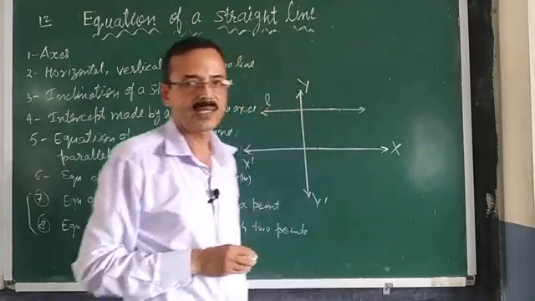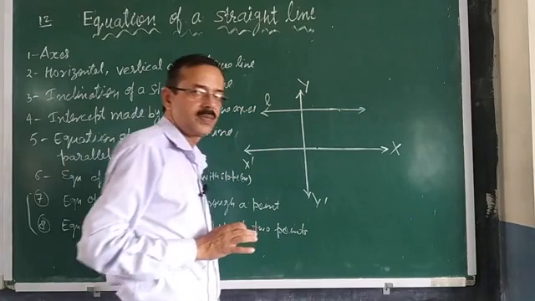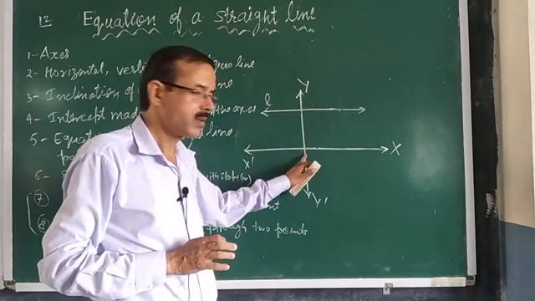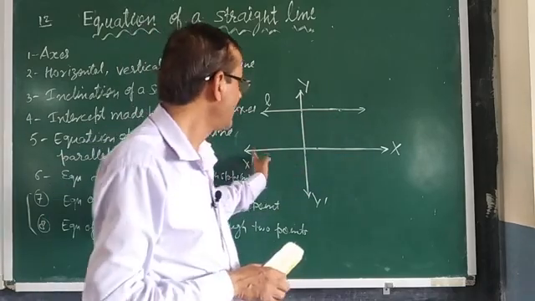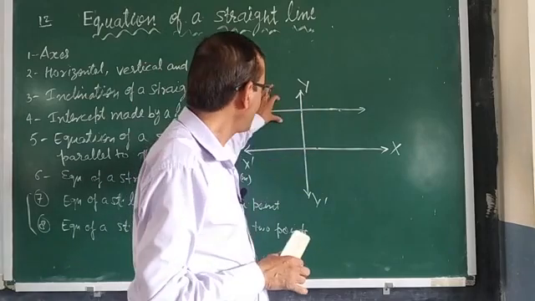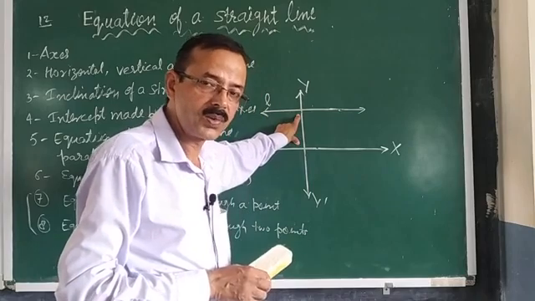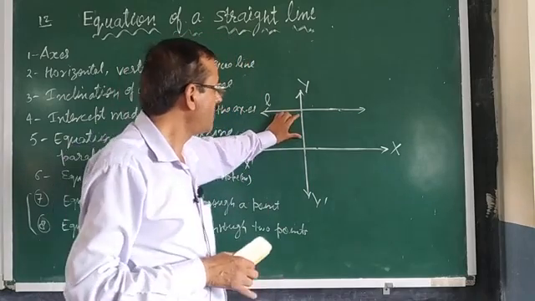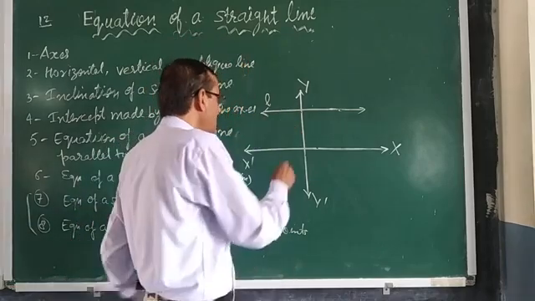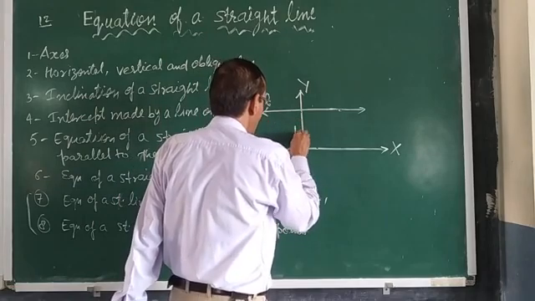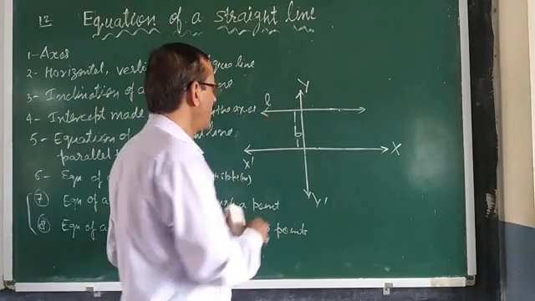Here line L x के parallel है. So what will be the equation of this? Because this line intercepts on the y-axis. यह लाइन L y को कट कर रहा है, x को कहीं नहीं कट कर रहा. किसको कट कर रहा? y को कट कर रहा. किसके पैरेलल है? x के पैरेलल है. तो इफ लाइन पैरेलल टू x एक्सिस तो इट विल बी इंटरसेप्ट ऑन y एक्सिस. इतना आप जाने रहिए कि इफ लाइन पैरेलल टू x एक्सिस तो इट विल बी इंटरसेप्ट ऑन y एक्सिस. y एक्सिस पर हम सपोज दिस इज द b डिस्टेंस, इतना डिस्टेंस b है फ्रॉम O